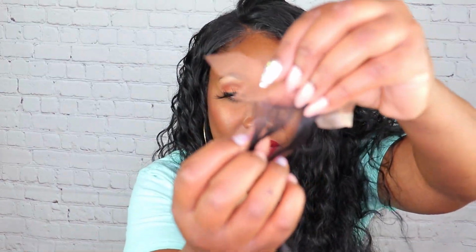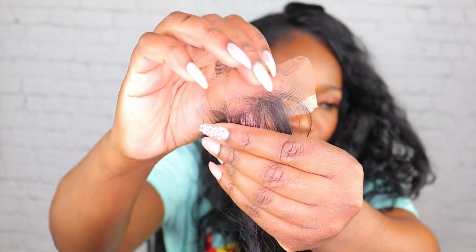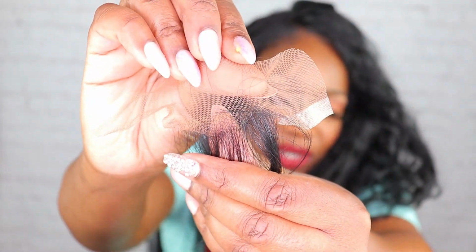I do like the fact that this is the hairline of what was ripped, and look how small those knots look, guys. These knots are really thin, they're really small, so I feel like they did a good job with pre-plucking and making it look realistic. I feel like they did a really good job with making it look natural, so she is giving like human hair looks, but